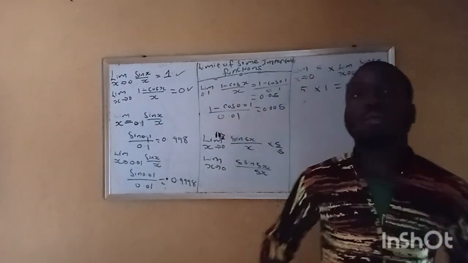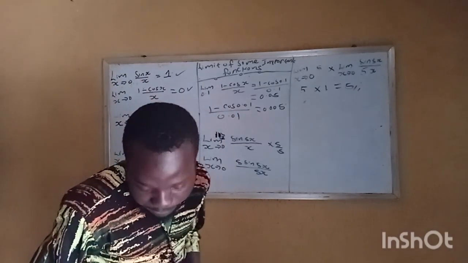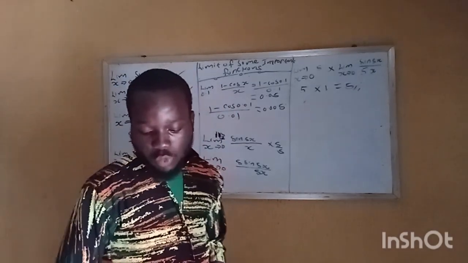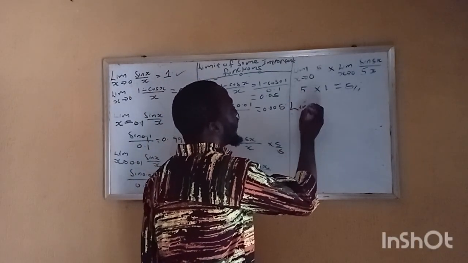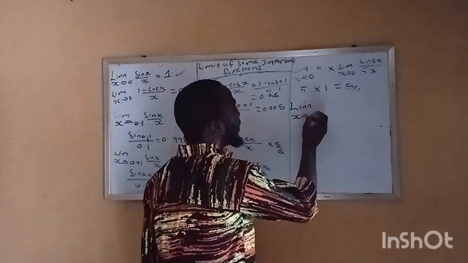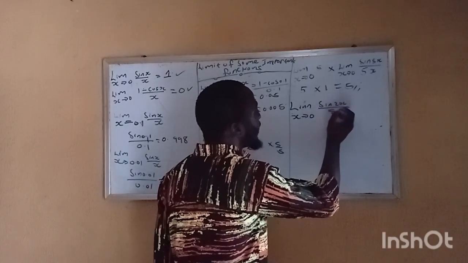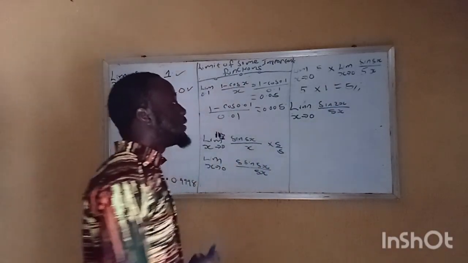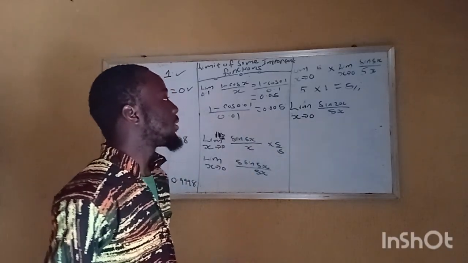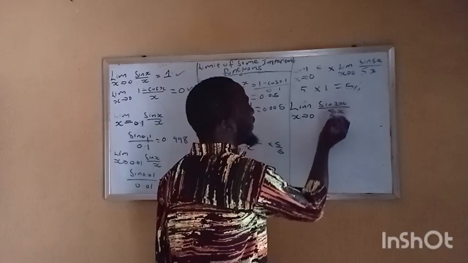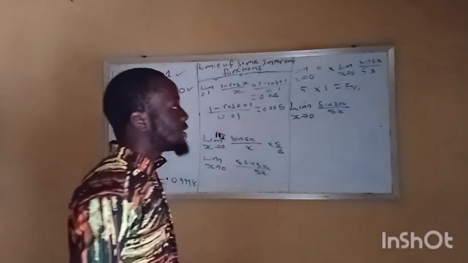The next question: we have limit of x tends to 0 of sine 2x all over 5x. How am I going to be solving this? Sine 2x over 5x, this is very, very simple. We know that the answer is 2 over 5. Coefficient of x here is 2, coefficient of x here is 5. But you have to show your workings